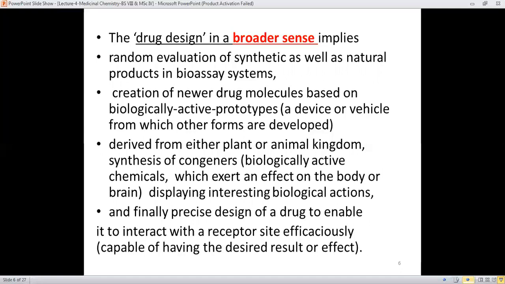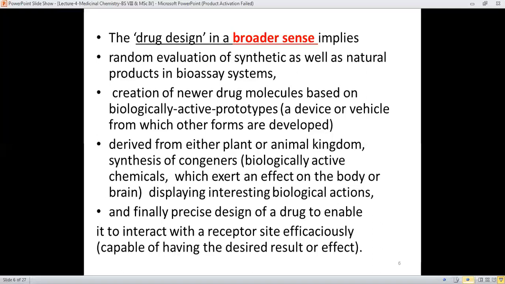Natural product means you have taken some herb, and you have taken its methanolic or ethanolic extract, like a root extract or a leaf extract. After the extraction, you will report that the leaf extract is potent or biologically important in order to kill certain bacteria, or to cure a certain ailment.